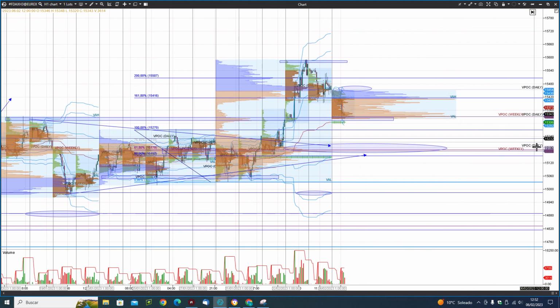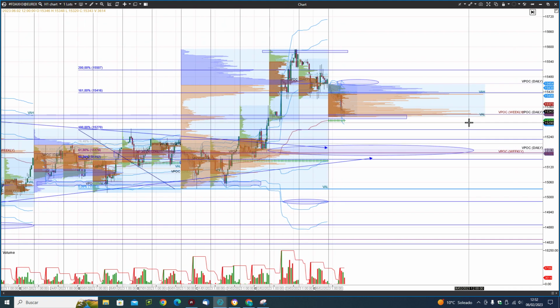DAX, as it happens with USA indexes, we have this gap, this opening gap is the first higher target between 15,453 to 15,471. The last one would be the maximum of last week, the price action zone, the resistance